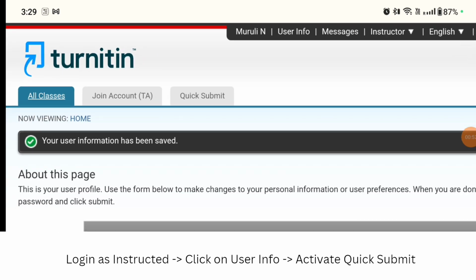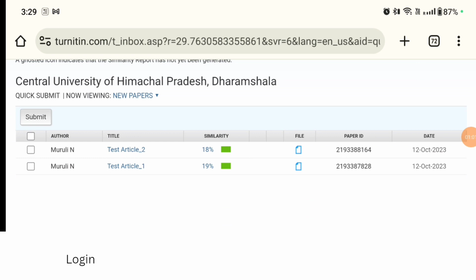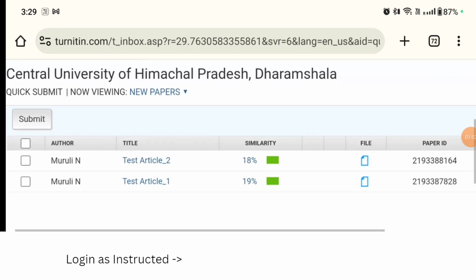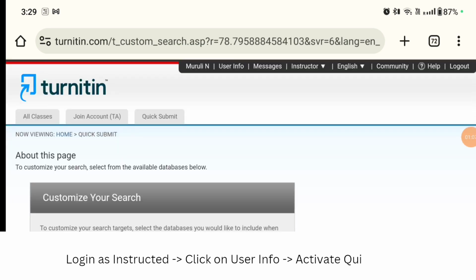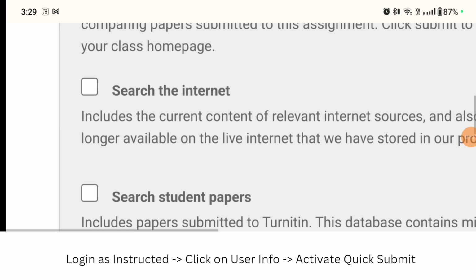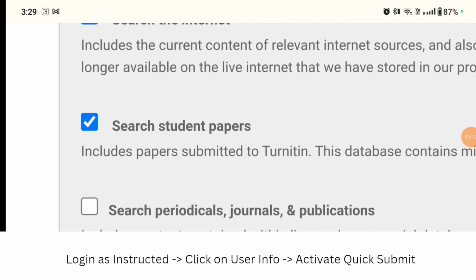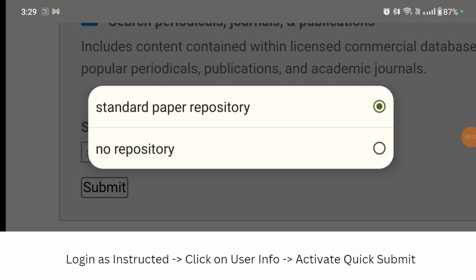So for submitting a manuscript, click on quick submit. Already submitted 2 files. For submitting new files, click on submit, and you should customize your search. Like you should check all these boxes, and also one important thing is you should select the no repository and